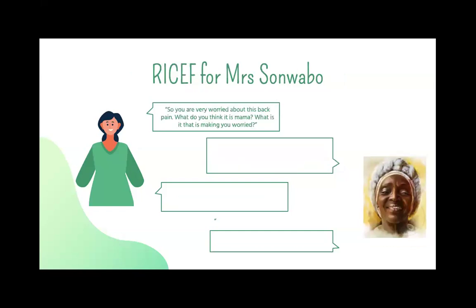Now we want to try and follow up on that cue. "So, Mama, I hear you're very worried about this back pain. What do you think it is, Mama? What is making you so worried?" "Hi, doc. My sister, she died of cancer and she had terrible back pain in the end. I'm the one looking after the grandchildren. I can't die now." So you can see there's this whole thing connected to what's happened to her in the